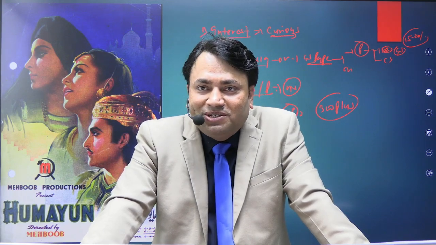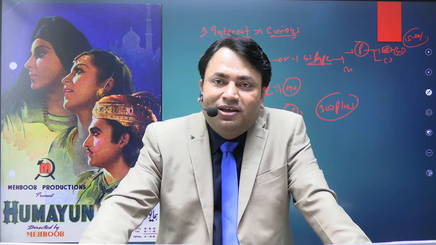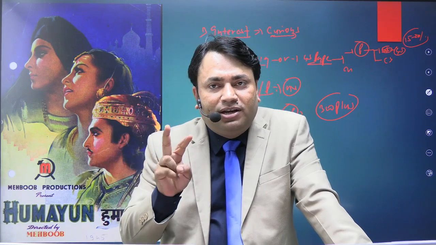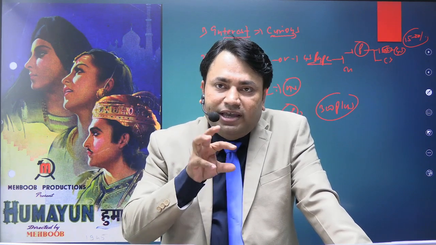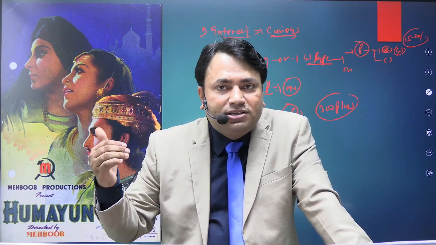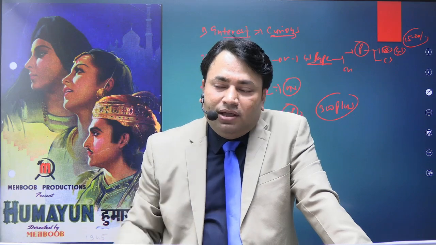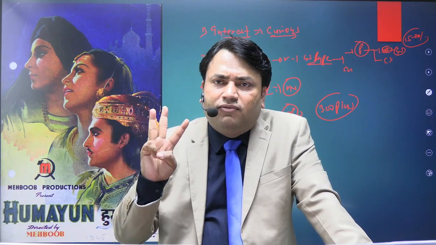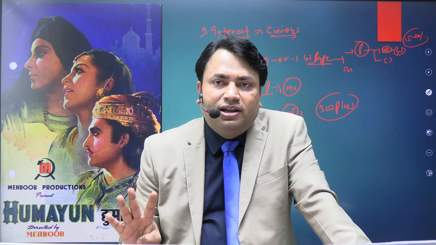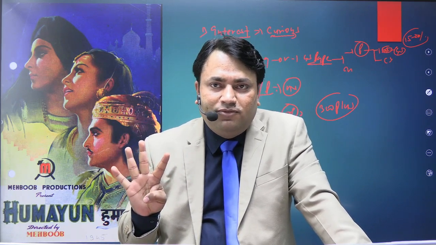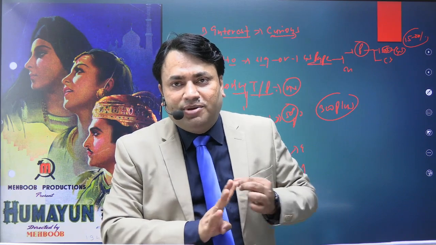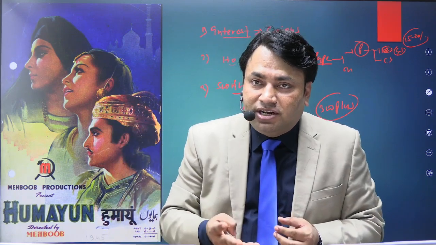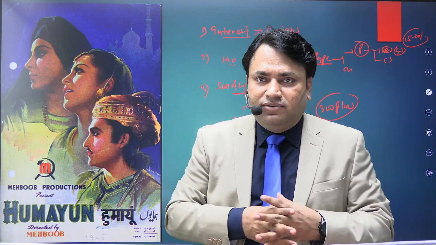And one of the most important things in history optional is that there are two papers, paper 1 and paper 2. In paper 1, there are two themes that we need to study: one is ancient and medieval culture, and the second is medieval India. In paper 2, modern and world history. And there are four classical NCERTs related to these four themes, right? For example, for the ancient theme, there is the R.S. Sharma NCERT book. For medieval, there is the Satish Chandra NCERT book. For modern, there is the Bipan Chandra NCERT book. For world, there is the Arjun Dev NCERT book.